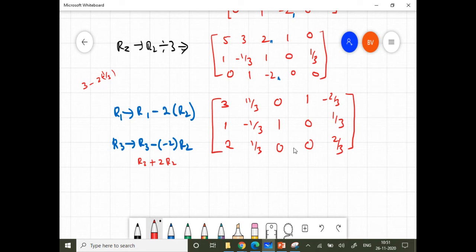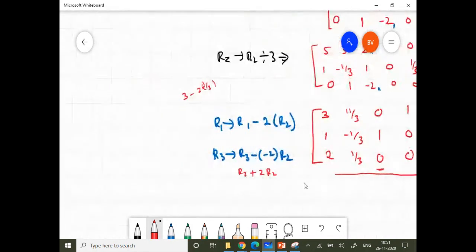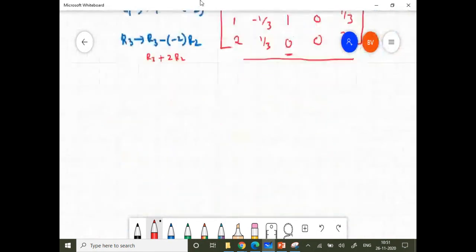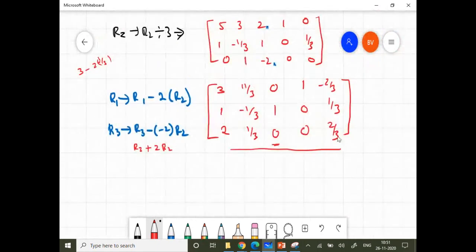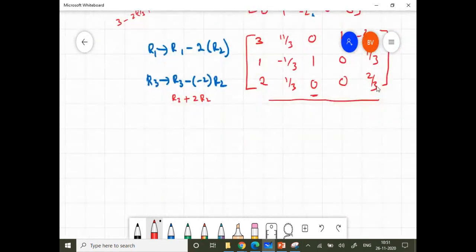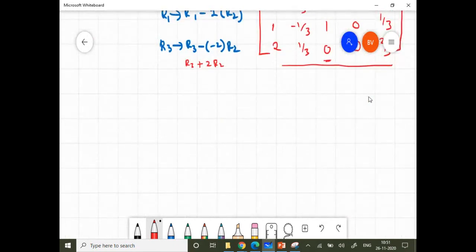Once reduction is done, this element will become 1 and the other elements above and below become 0. This is done for this column. And now fill this matrix in the next simplex table. This is step number 4. For step number 5, you notice here in the last row, no negatives. That is our Z row. So step number 5.